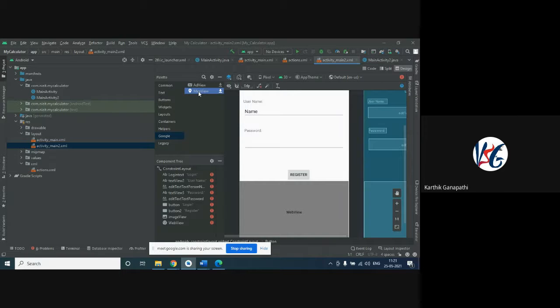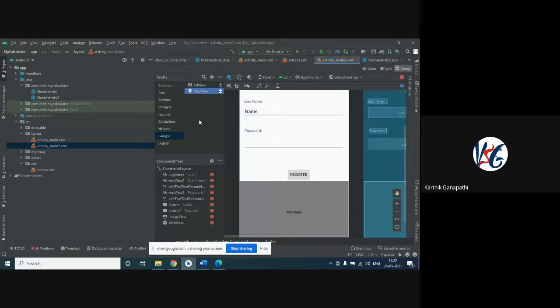Just from a development perspective, Google has provided their own map activities to be supported in Android, because as I told, Android Studio belongs to Google Corporation. So Google Corporation has provided a feature to add their maps view. I think you people are aware that maps, to some extent, are going to be free. After that, the usage of maps will be charged for the users. So that is also a revenue for Google Corporation. So it is better to use Google Maps if it is free.